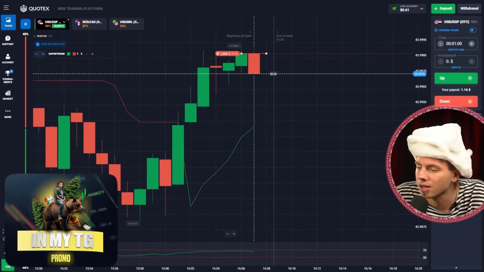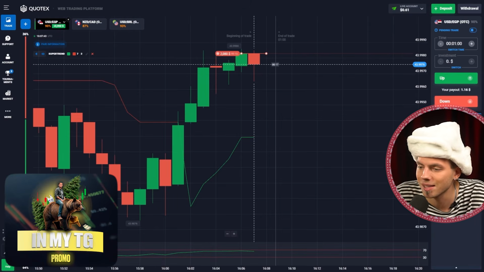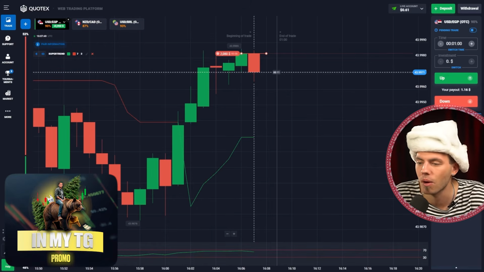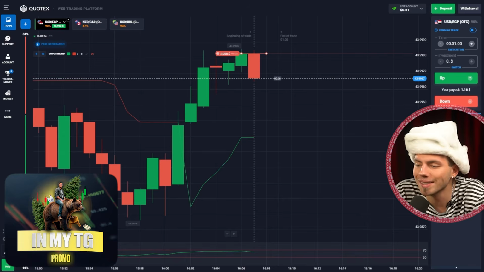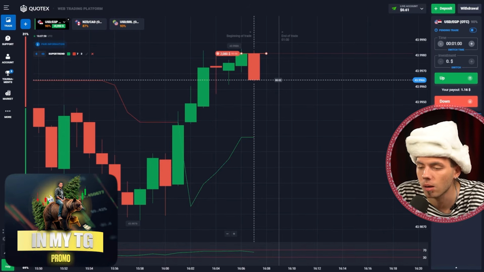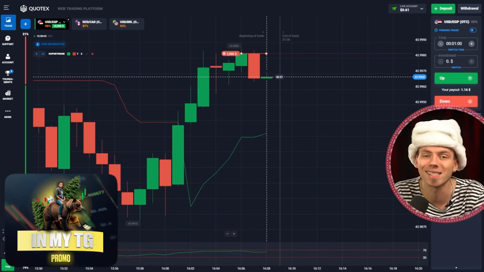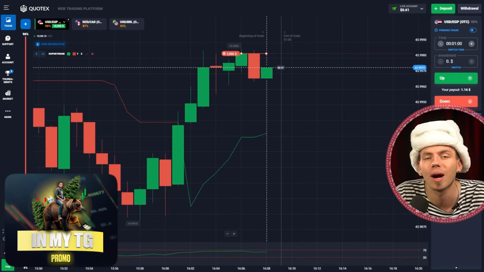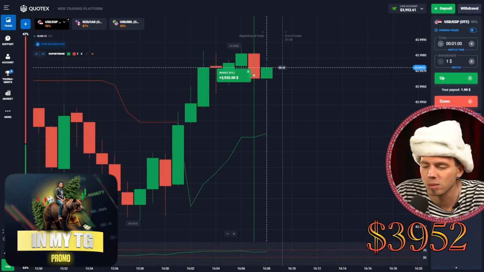So the oscillator is close to the overbought as well, if you take a look at the RSI indicator, okay? So here we basically already can see the price is strongly oscillating. Well, that's the normal behavior when the price is about to reverse from going up, for example, to going down, okay? So all these indicators are worth considering when you want to make good profits, guys. And before moving on to trading, make sure you understand how these indicators work, because once you know how they work, they will definitely help you out in all the situations, okay? Yes, we got a trade close,